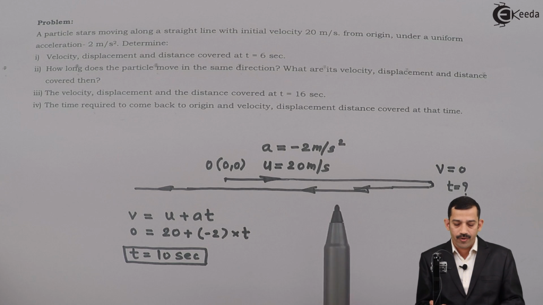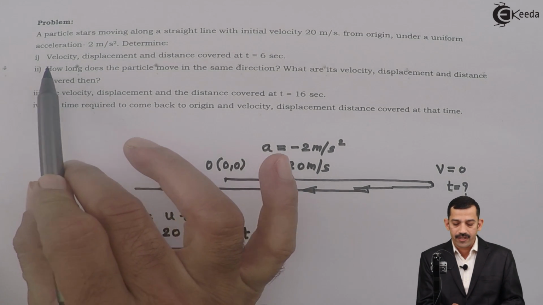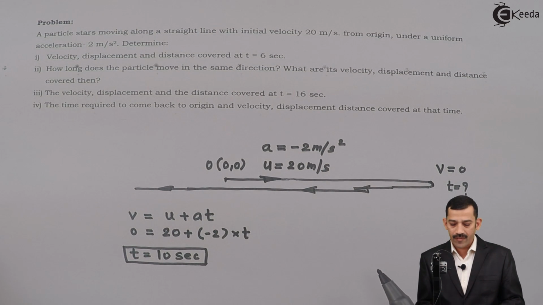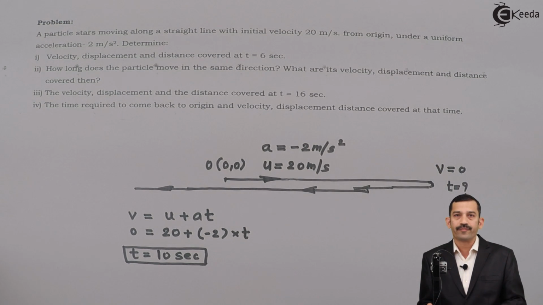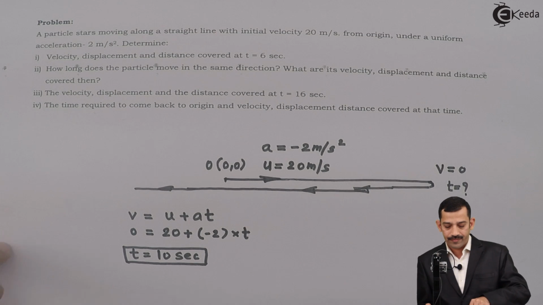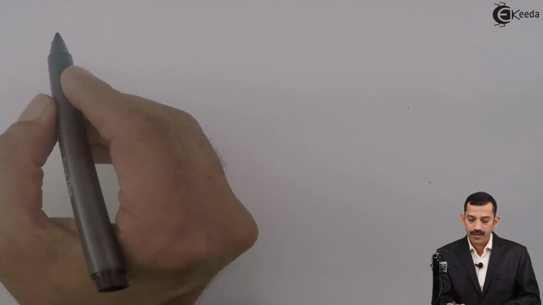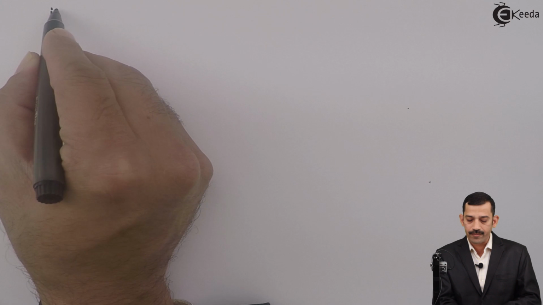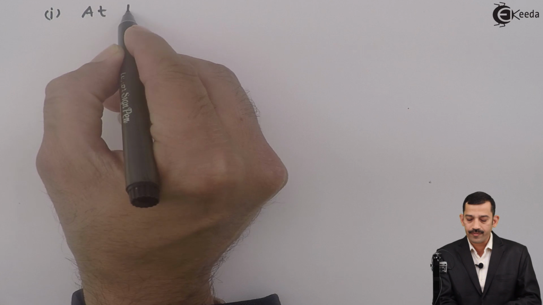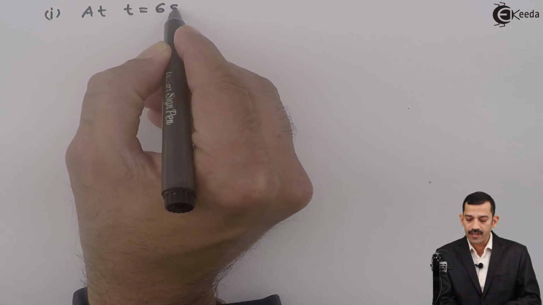Now what is asked in the problem? Number 1: velocity, displacement and distance covered at 6 seconds. As you are getting this time instant as 10 seconds, at 6 seconds displacement and distance travelled are the same. Therefore, for the first part of the problem, at t equal to 6 seconds,